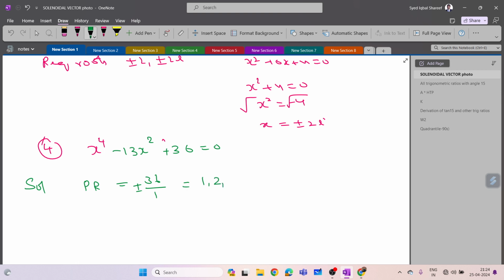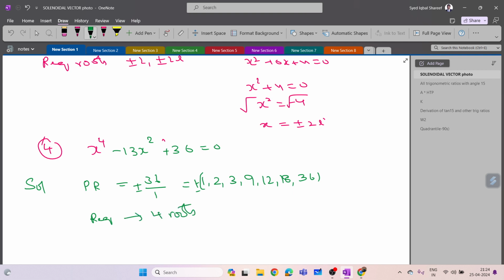2 18s are 36, 3 12s are 36, 4 9s are 36, 3 12s are 36. 18 ones are 18, 18 twos are 36, possible root 18, no other, no 36. These are the possible roots, plus or minus. But our requirement is we want